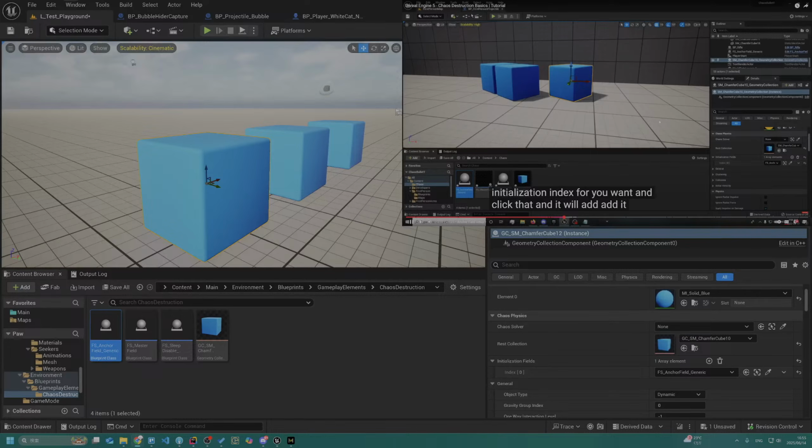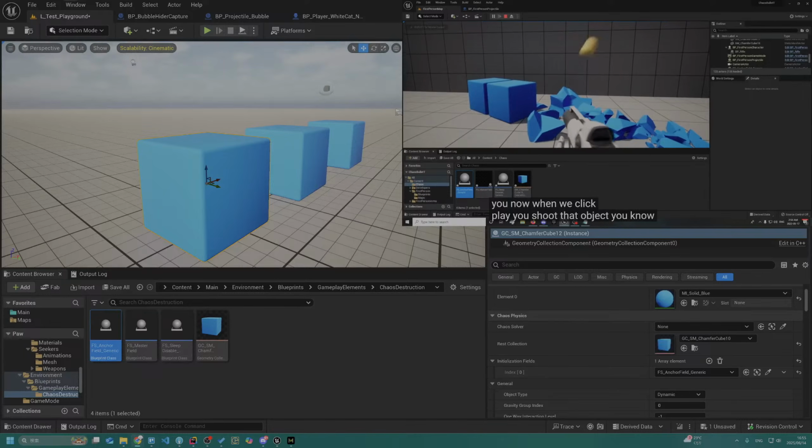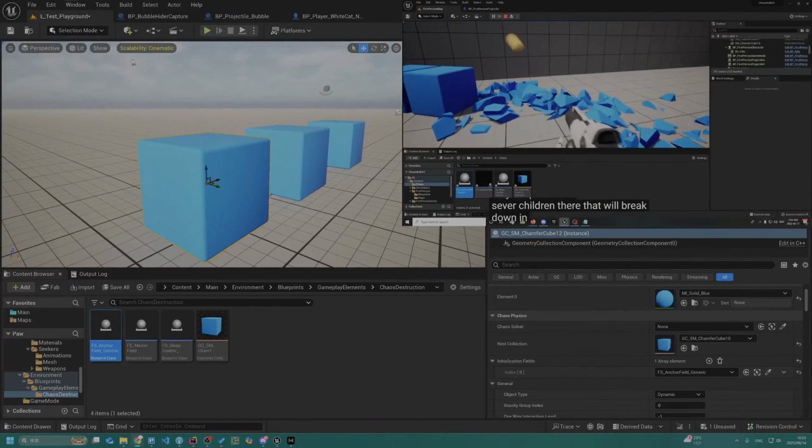And it will add it for you. Now when we click play, you shoot that object, you notice that it stays in place, and you just have little children there that will break down into pieces more as you shoot them.